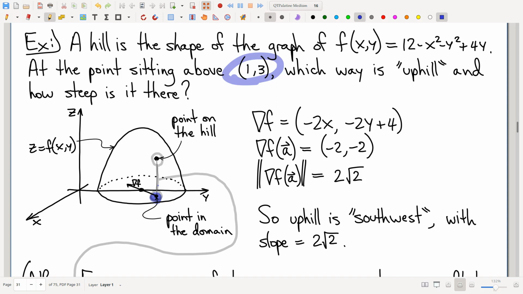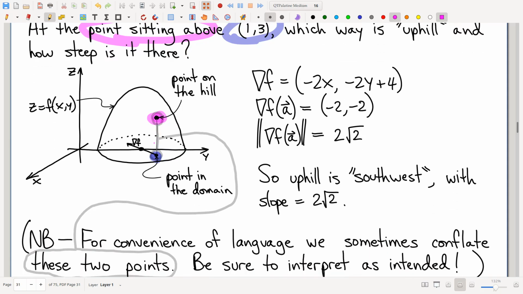I'm not actually there. I'm at the point sitting above 1, 3, which again, everybody knows that's what you're talking about, right? When you say I'm at 1, 3, of course I'm at the point on the graph sitting above 1, 3. Okay, so just heads up about this conflation,